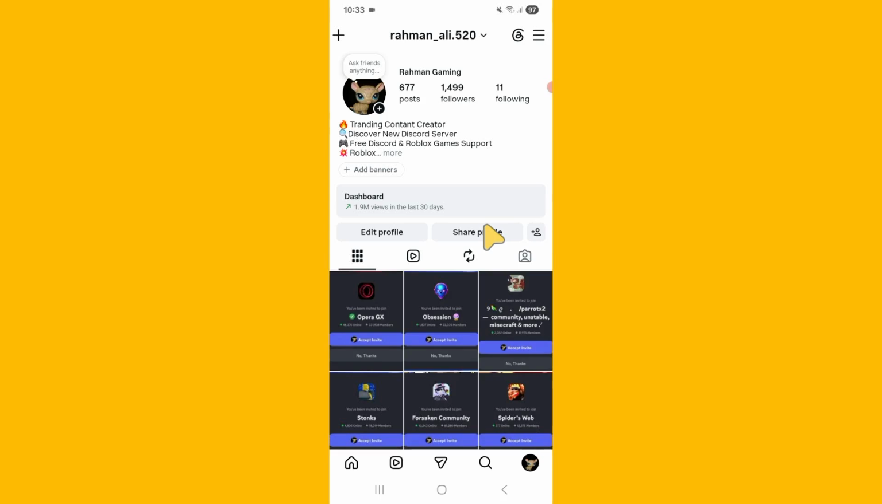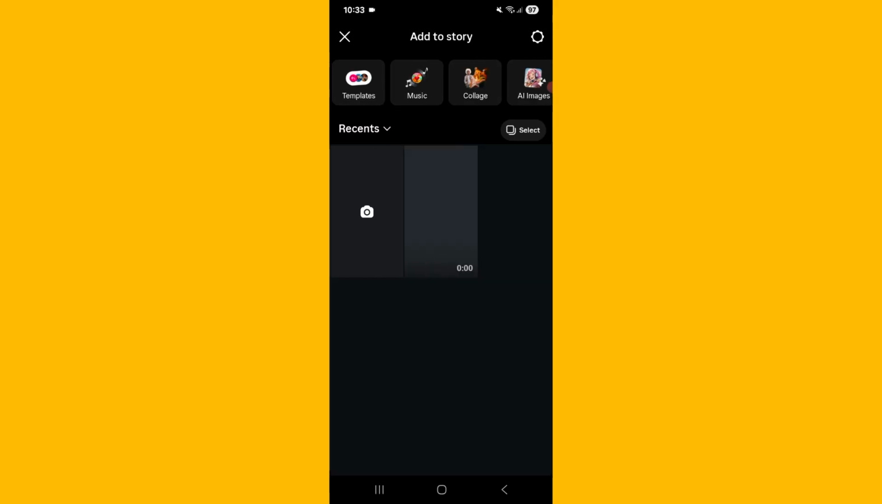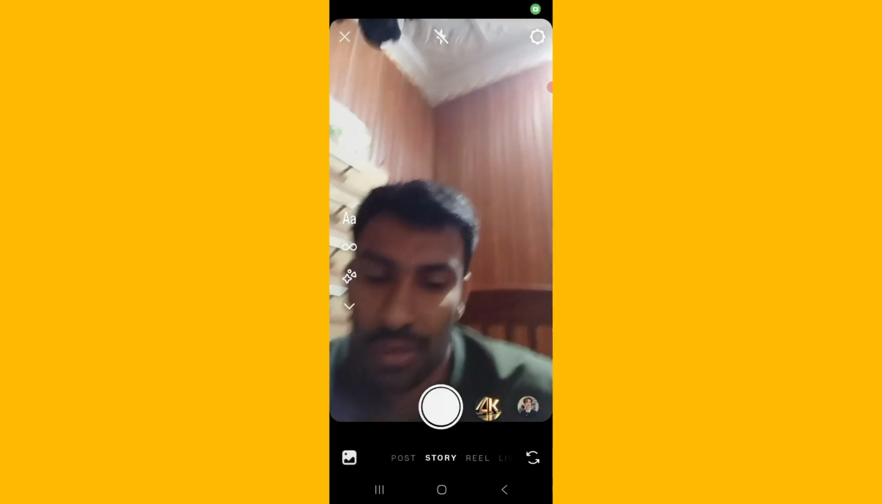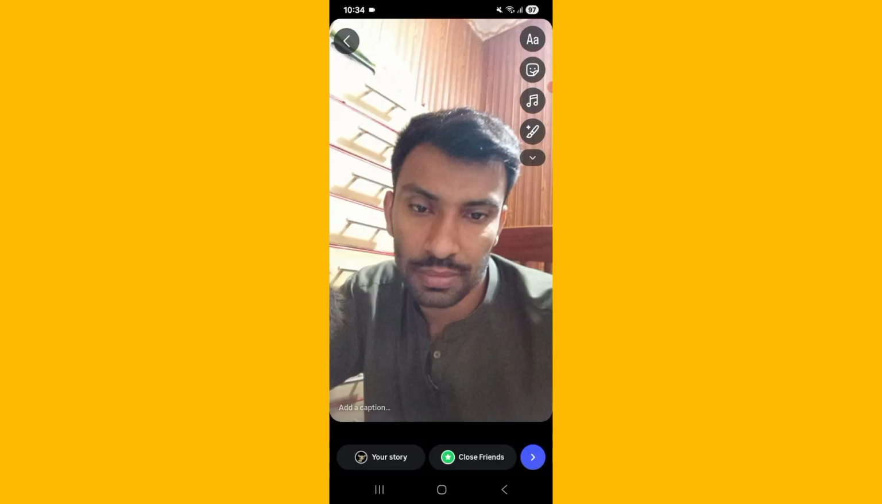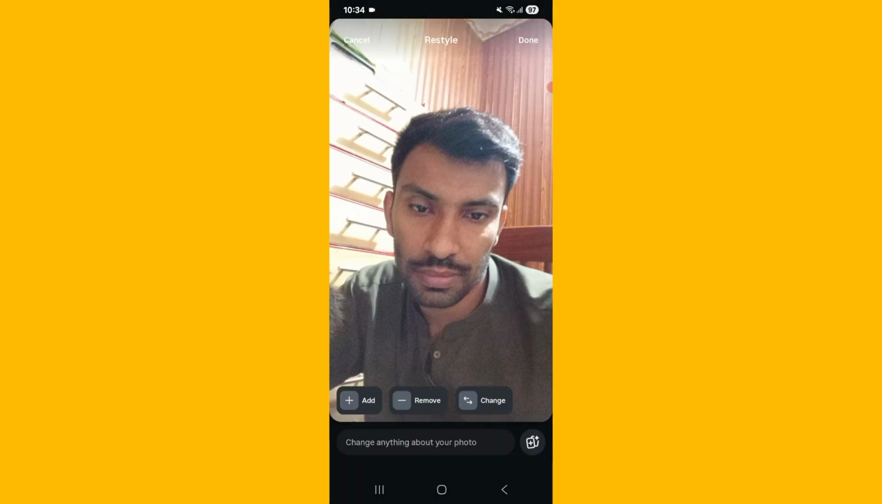How to use the Lofi Dusk filter on Instagram, which recently launched. First, open up your Instagram camera. Here you can simply capture a photo, or if you already have a photo, you can select it here. So I want to just capture a photo here. After that, you need to simply tap on the restyle option,